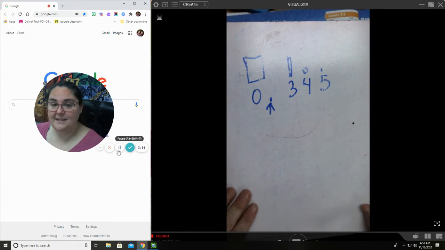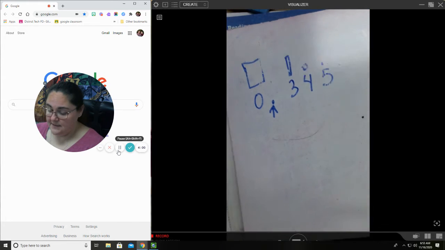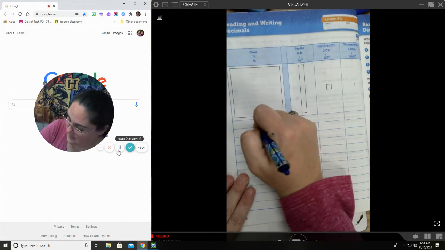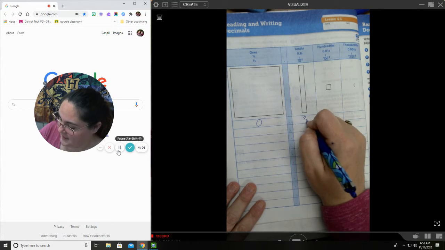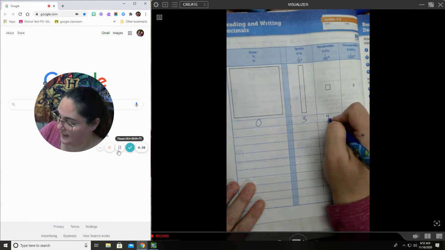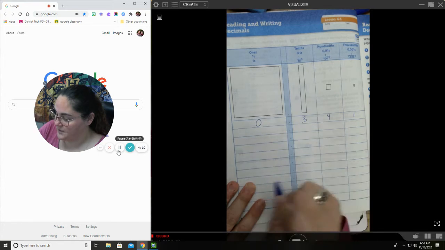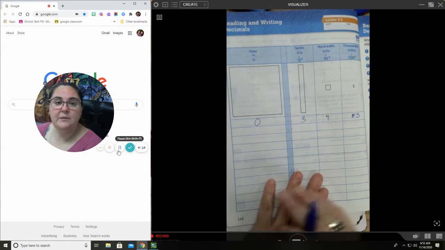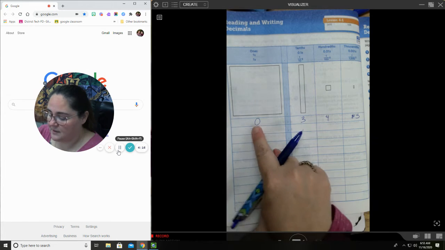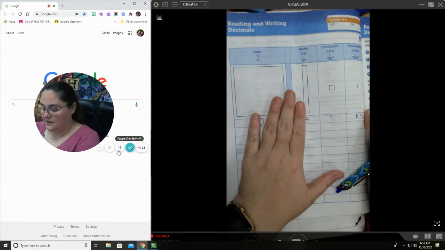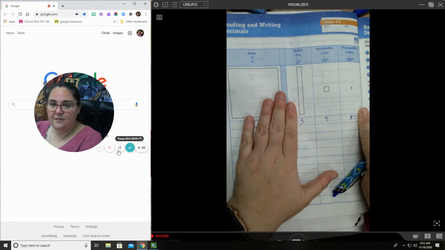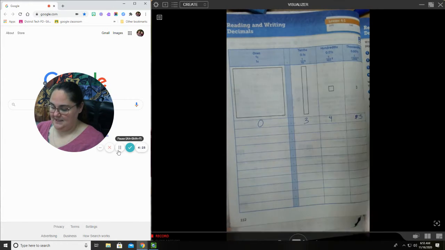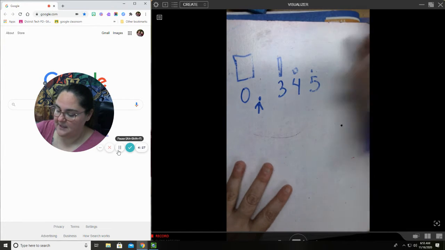So the way that we're going to write this on our chart, we're going to start by writing it 0 ones, 3 tenths, 4 hundredths, 5 thousandths. Now the way that we read this is we say 0 and 345 thousandths. So the trick with this, that was my little hint, the trick with reading numbers